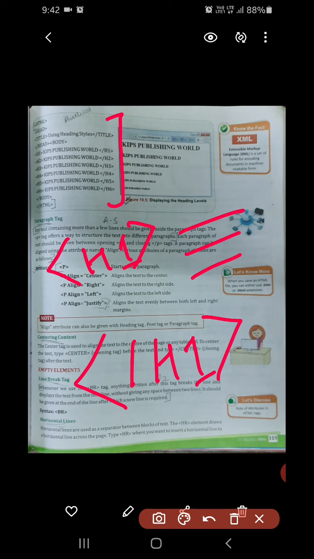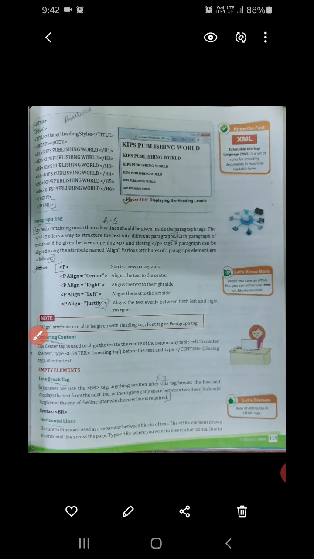Okay, like this we have 6 heading tags. There are 6 heading tags. Okay, 6 ways we can give the headings. Remember, H1 is the biggest one in the size and H6 is the smallest one, as shown in the output also. We can see here in the output. It is visible here in the output.